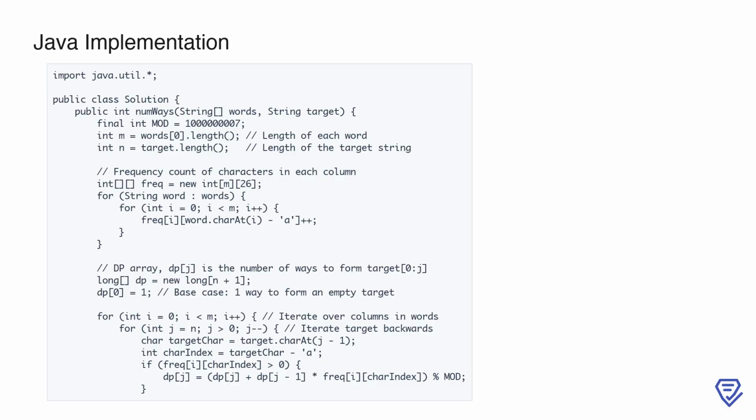The base case is dp[0] equals 1, meaning there's exactly one way to form an empty target string. Then, we iterate over the columns of the dictionary. For each column, we traverse the target string backwards to ensure that previously computed states in dp are not overwritten prematurely. If the character in the target string matches one of the characters in the column, we update dp[j],